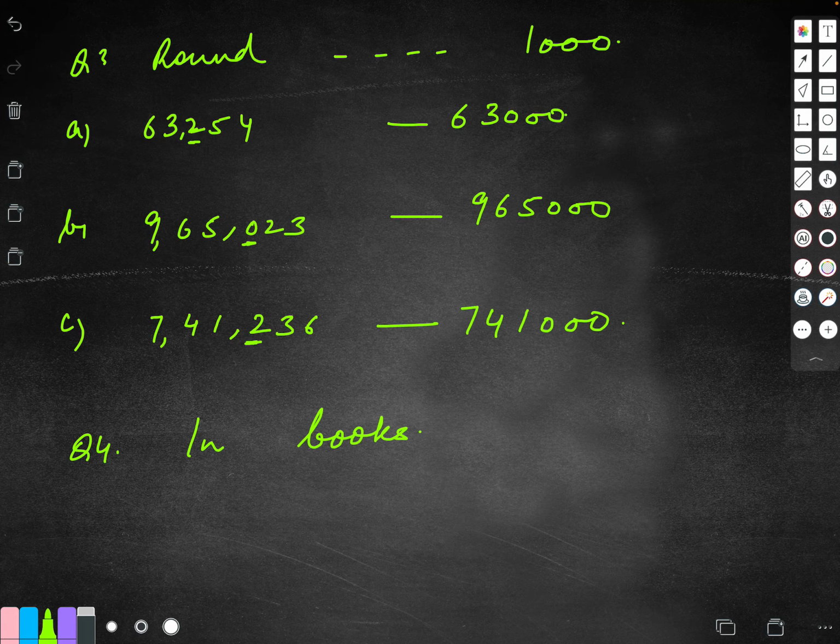Now dear children, there are some things where we can round, but there are some places where rounding is just not possible. For example, if I take say 35 students for a picnic, can I round them to 40 and bring back 40 students? It's not possible, right? So we have to take care about the situation. Either it can be rounded or it cannot be rounded. So certain situations are given to us. We have to tell that it can be rounded or we cannot round it.